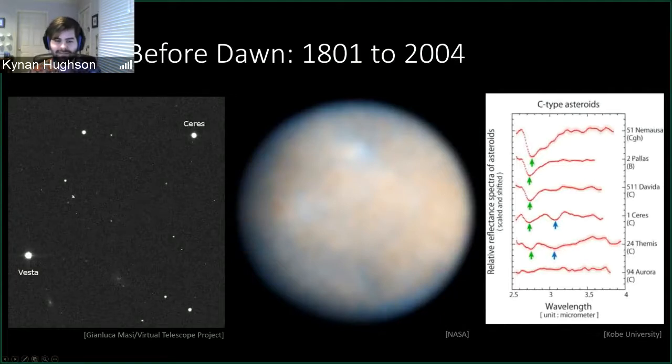And this image on the left is kind of what Piazzi might have seen when he first looked through his telescope and found Ceres in 1801. And this is broadly what we came to know of Ceres for the next 200 years. Not a lot changed. It remained this point astronomical object, something to be fancied but not really known that much about. And it wasn't until 2004 that the Hubble Space Telescope, 203 years later, took the first picture that actually